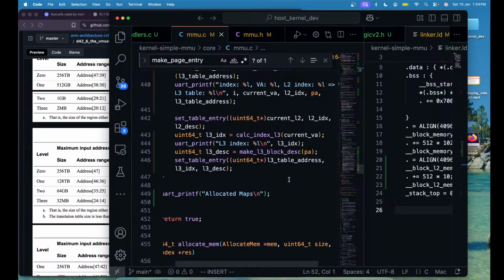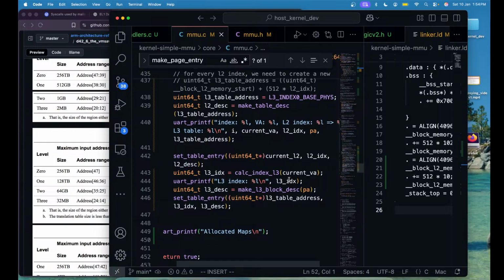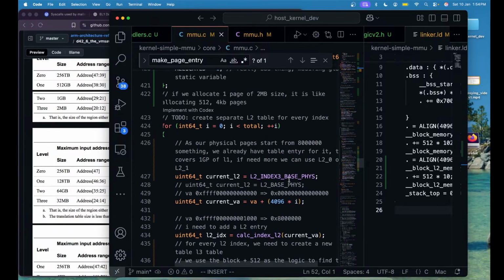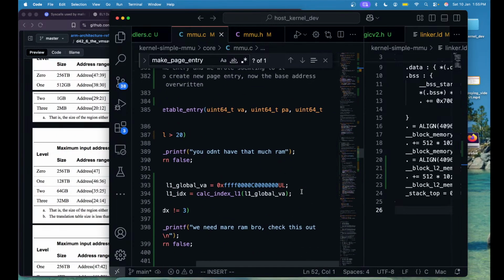We are mapping the respective physical PA. Wait, probably that's the issue, because PA seems to be static,